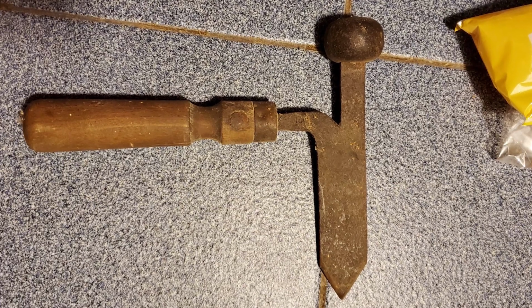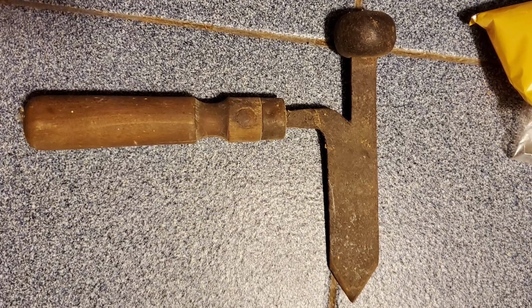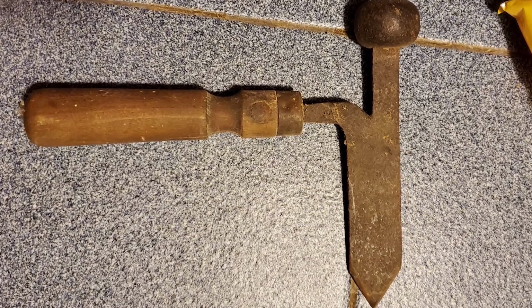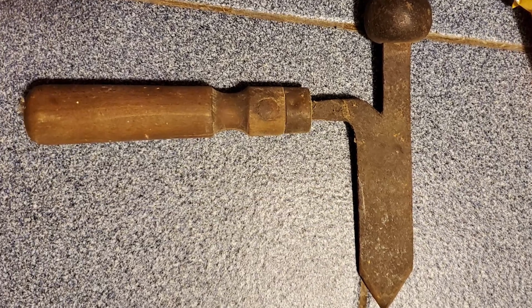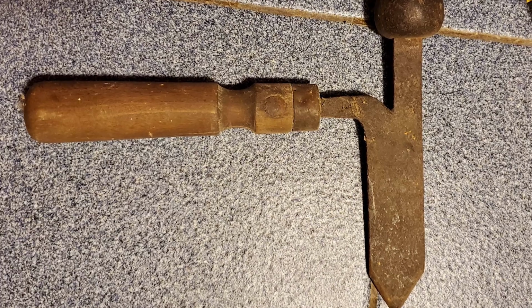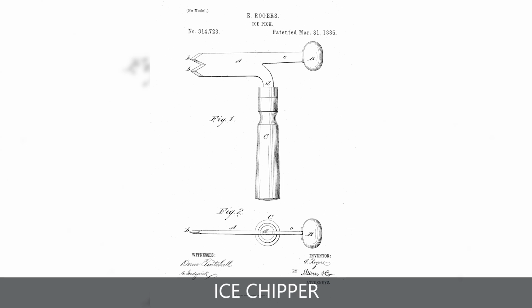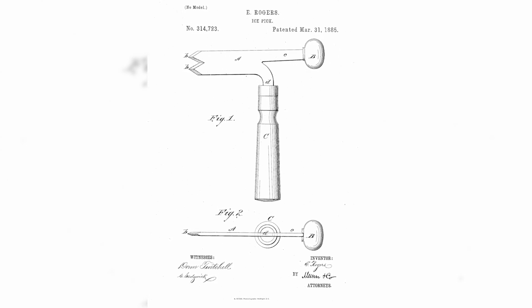My father has had this odd hand tool for over 50 years. It's about 6 inches long with a wooden handle and a thin metal head, flat on one end like a hammer. No moving parts and no idea what it's for. Any guesses? What your father found is a bladed ice chipper,